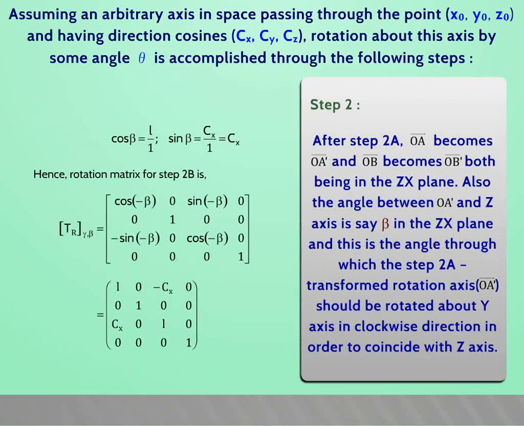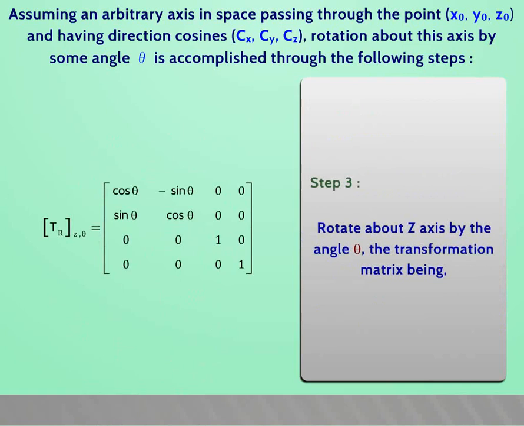After step 2a, OA vector becomes OA dash vector and OB vector becomes OB dash vector, both being in the ZX plane. Also the angle between OA dash and Z axis is say beta in the ZX plane, and this is the angle through which the step 2a transformed rotation axis OA dash vector should be rotated about y-axis in clockwise direction in order to coincide with z-axis. Hence, rotation matrix for step 2b is